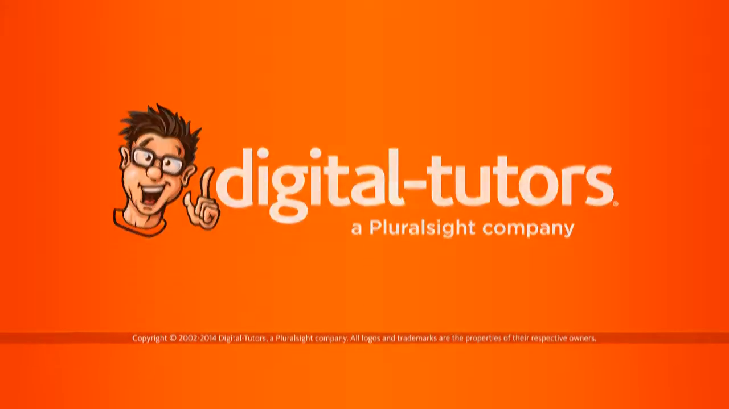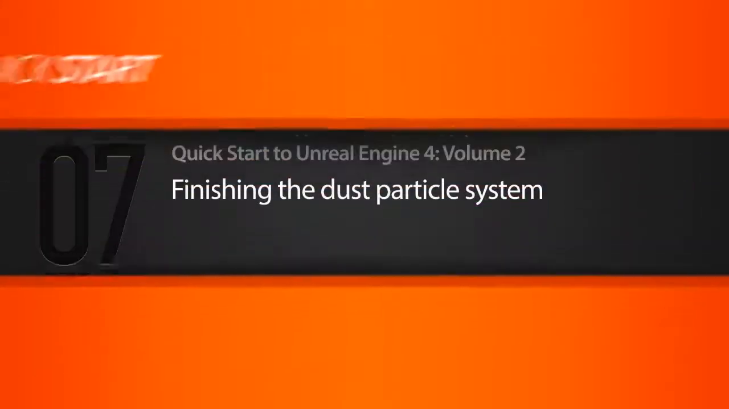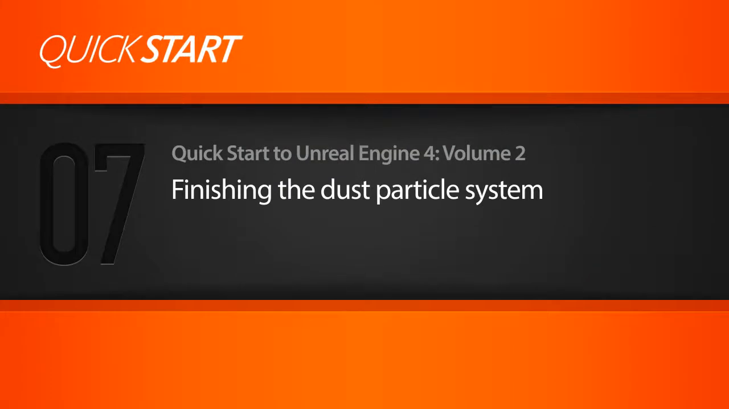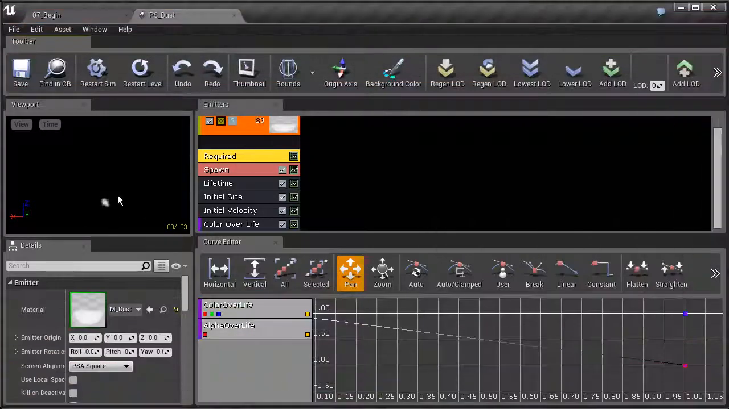In this lesson, we're going to finish up with our particle system. Looking at our particle system, we're creating this dust particle. We've gone through all of the modules that this particle system comes with, and we want to continue to modify its behavior. Where we left off was with the alpha over life,